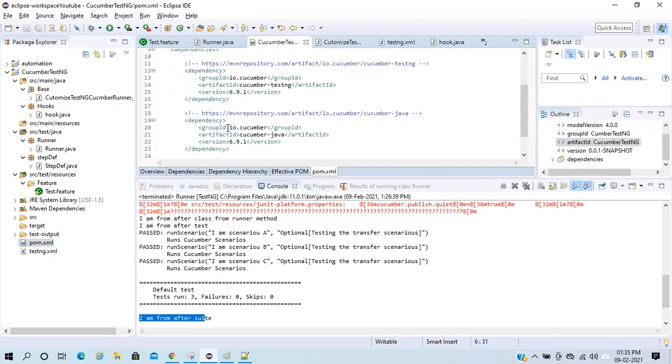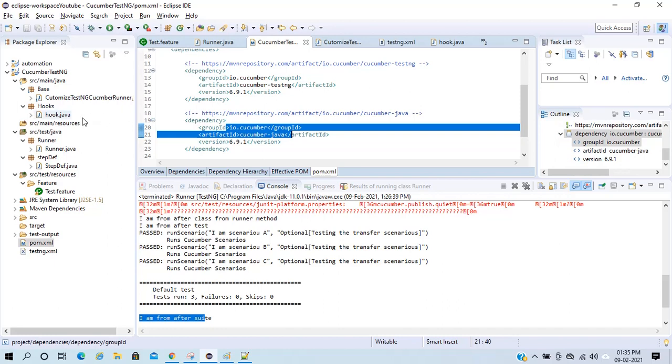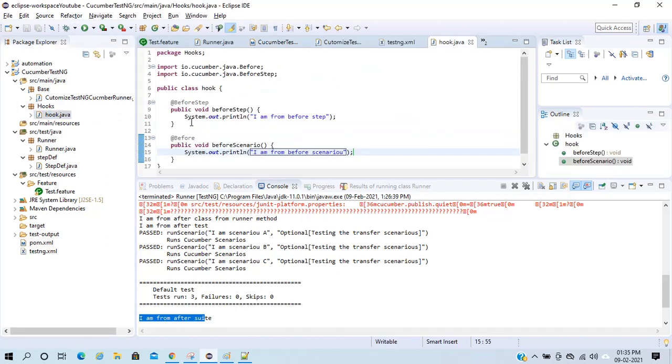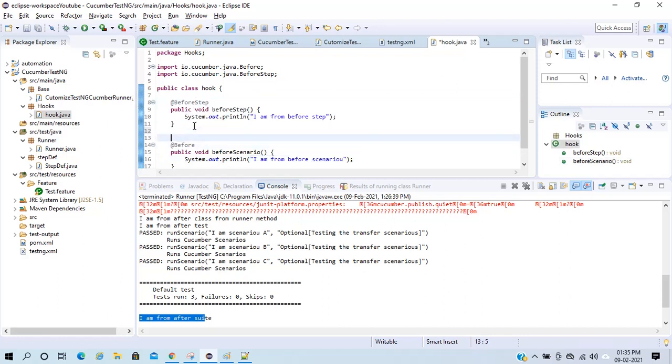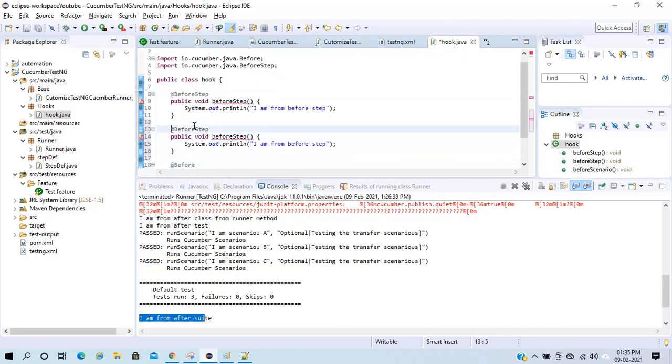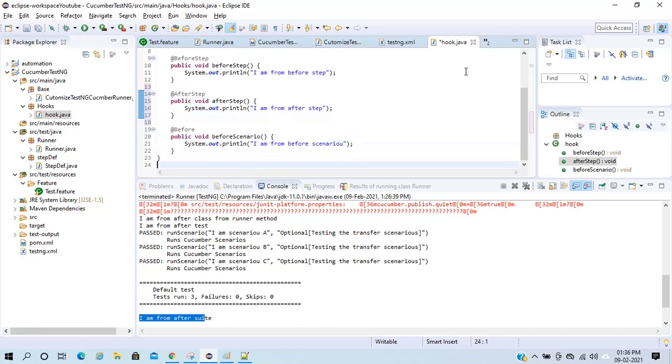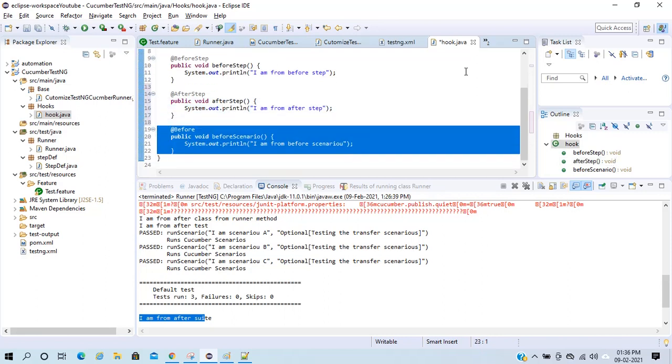This is my io.cucumber java. All these are coming from my io.cucumber dependency, and I will add After as well: before step, after step, I am from after step, and same for the After here.